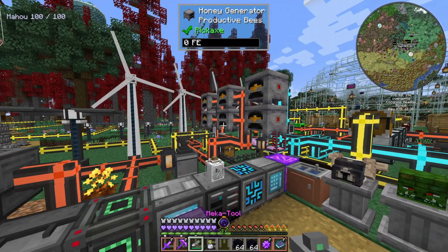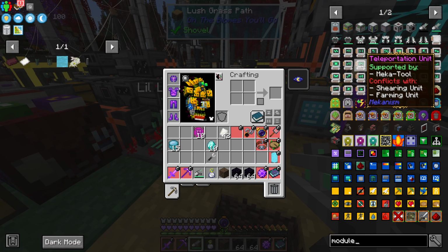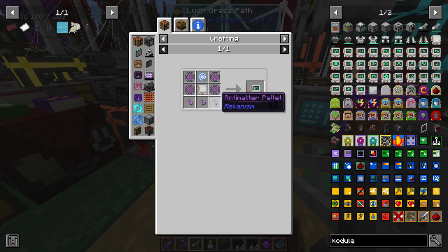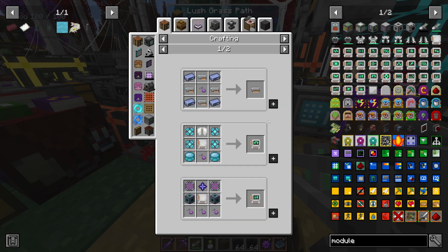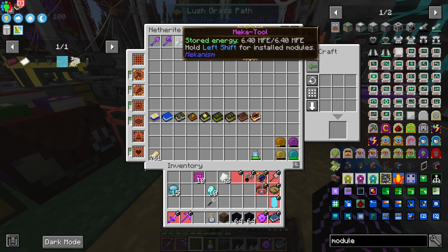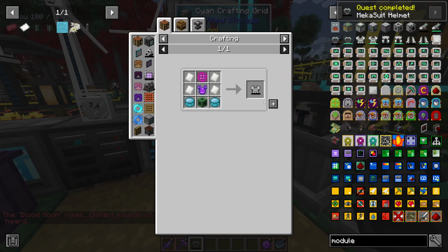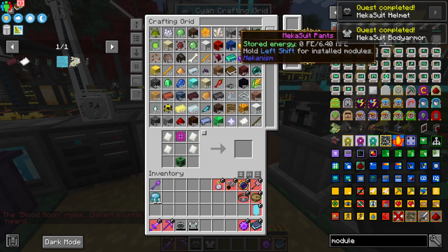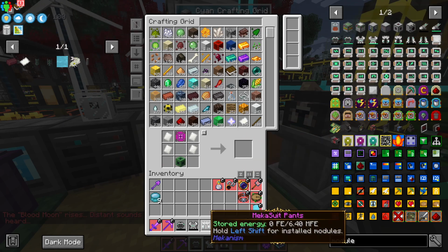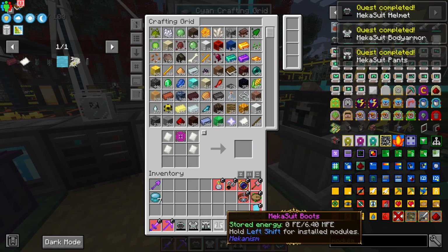Okay, what does this do? Do you have to install modules? Whoa, teleportation unit? No, I don't have the stuff to make antimatter. Okay, well... We don't really need the mecha tool right now. I'm just going to kind of put it away for the moment. The main thing that I'm excited to make is the MekaSuit itself, because this thing is absolutely insane. It has the same defense as the unobtainium armor, but you can install the modules and stuff, and